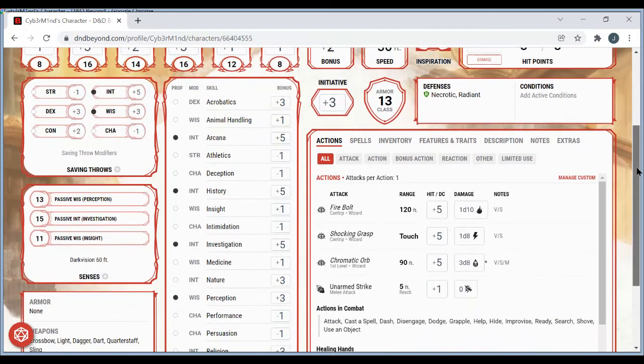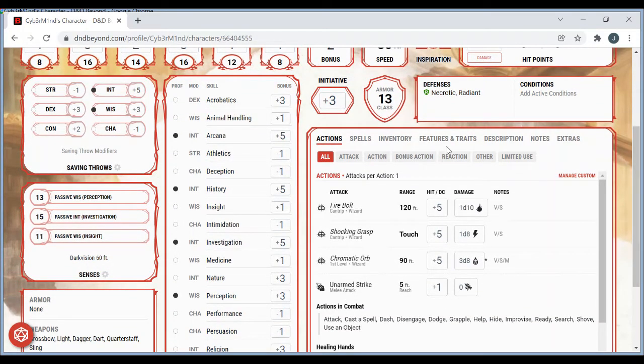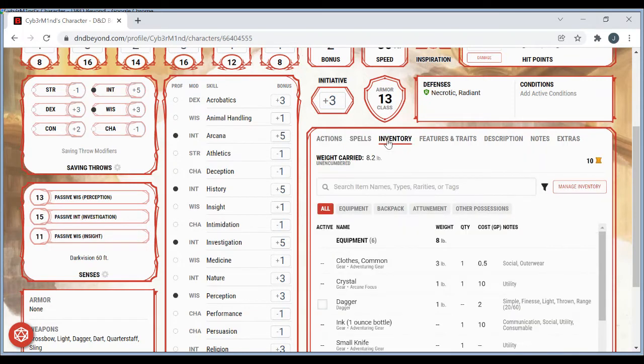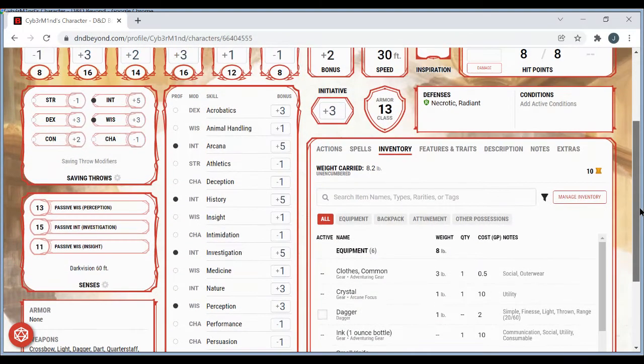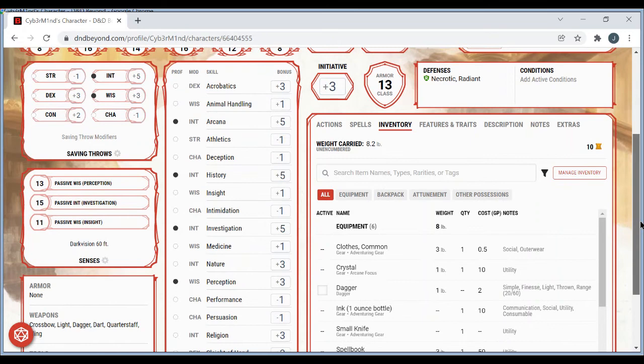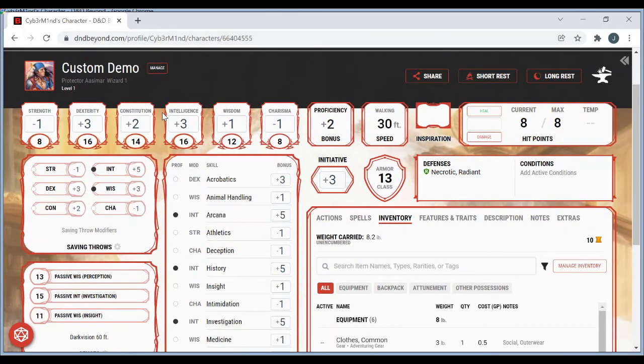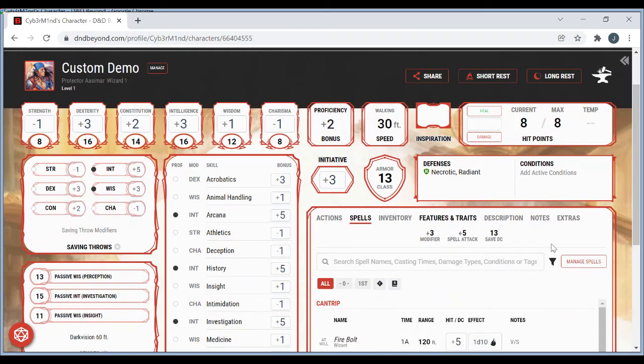So let's get started. We're going to start with the custom items first of all, just because it's the simplest and easiest of the lot between them. It's just a basic character, first level. So this is a wizard. He has